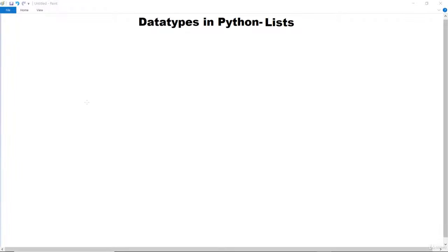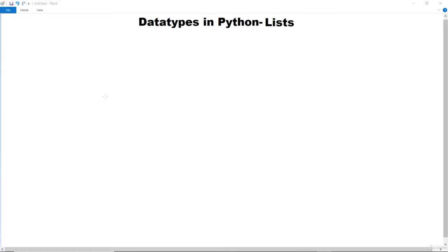Next data type which we are going to discuss in Python is list. Now list is one of the 4 collection data types which we have in Python, and we are choosing a collection type as it is important to understand the functionality and the limitations of collection. Tuple, set and dictionary are the other collection data types in Python.